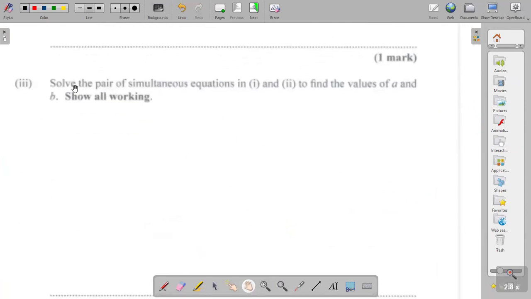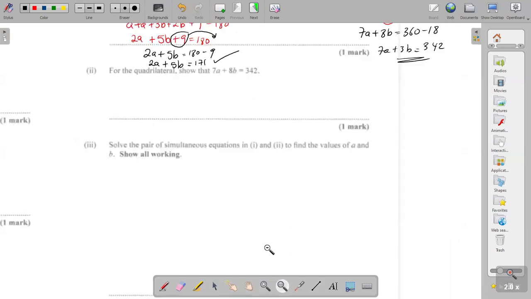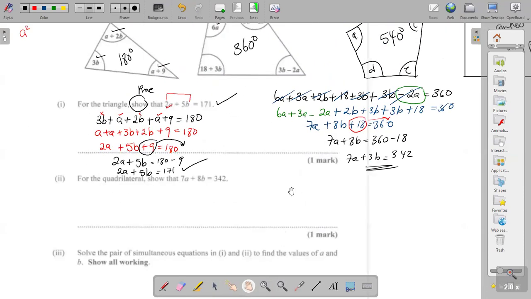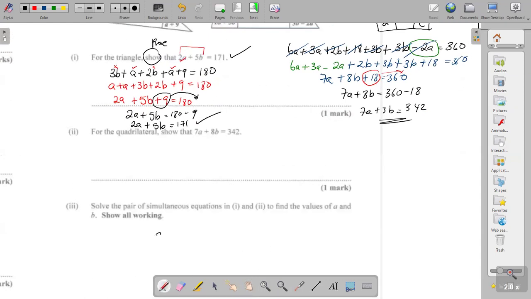It says here, solve the pair of simultaneous equations in 1 and 2 to find the values of A and B. Now, look at how they bring simultaneous equations. They make you find a formula for the first one. They make you find a formula for the second one. So you should know that you got two equations. What's the first one? The first one is 2a